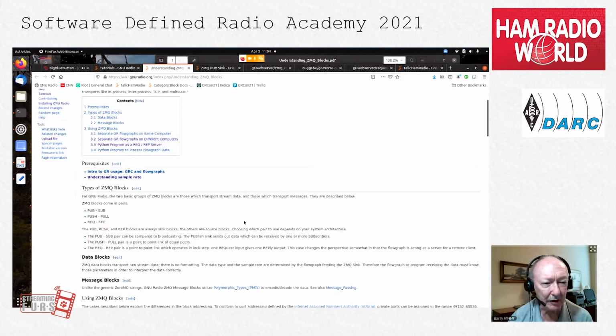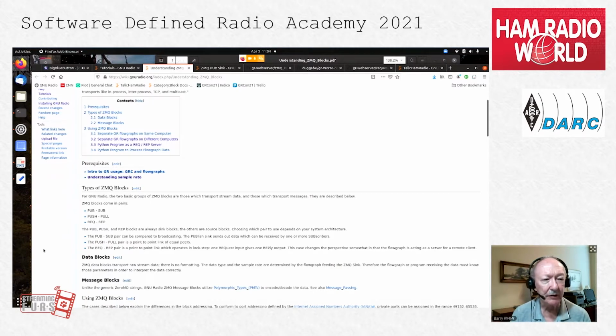There are two basic groupings of the ZMQ blocks. The data blocks are ones that handle streaming data, and the message blocks handle messages in PMT, polymorphic types coding.